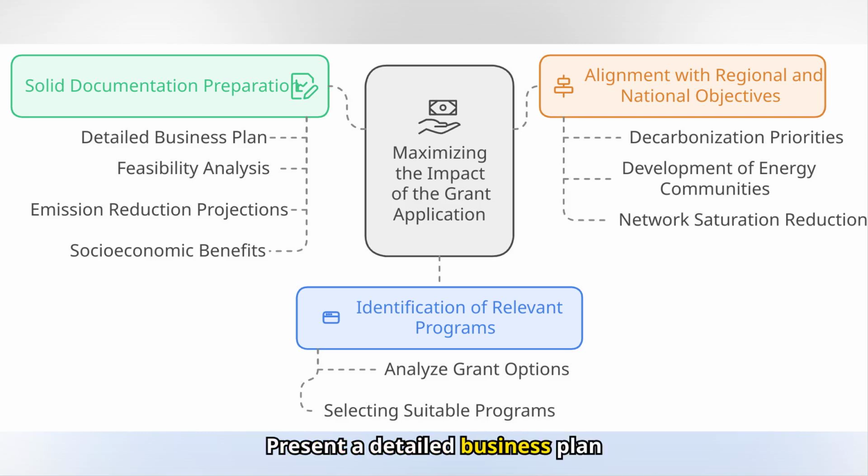Solid documentation. Present a detailed business plan that includes technical feasibility, emission reductions, and socioeconomic benefits. Alignment with national objectives. Tailor your project to meet priorities such as decarbonization and reducing grid saturation. For example, a project in Andalusia was successful in obtaining European funding by highlighting its benefits to the grid and